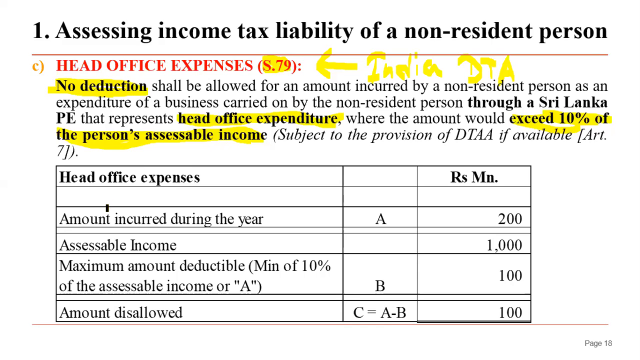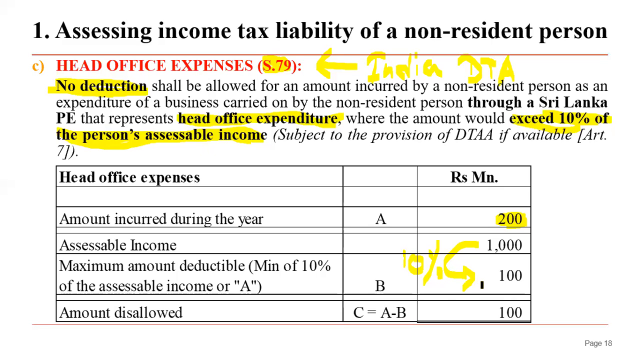So here you can see this example: amount incurred during the year by a non-resident person. Let's say 200 they have incurred. Their assessable income is 1000. The maximum amount deductible is the minimum of 10% of the assessable income. This is the maximum amount, 10% of the assessable income, which is basically 100